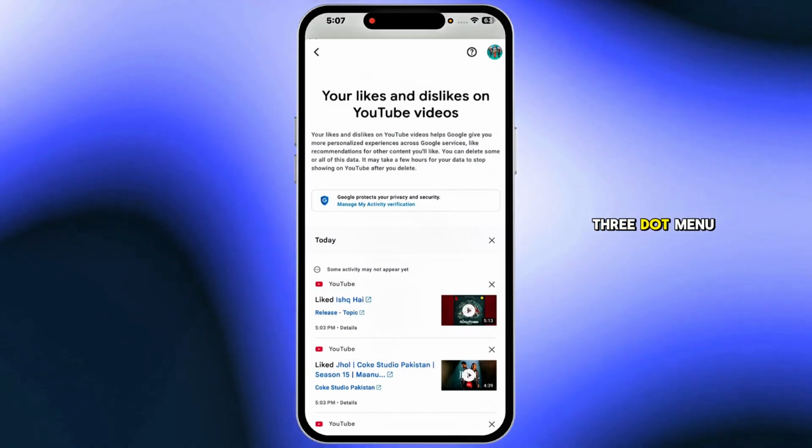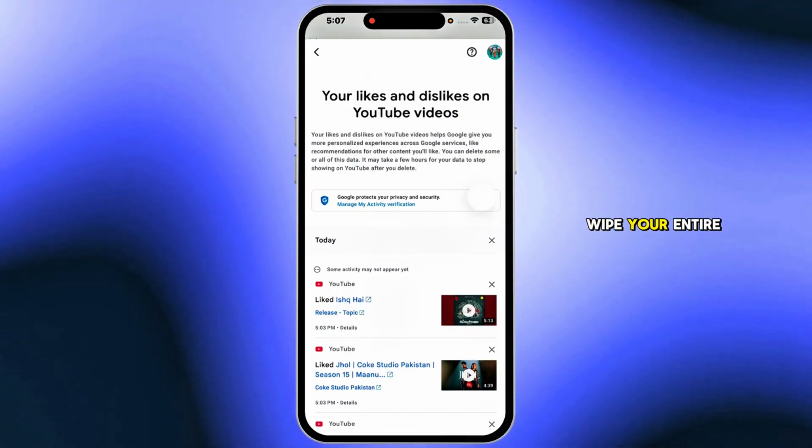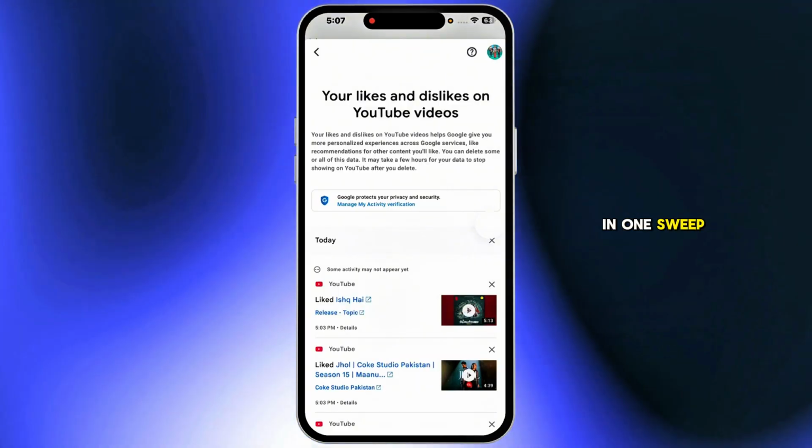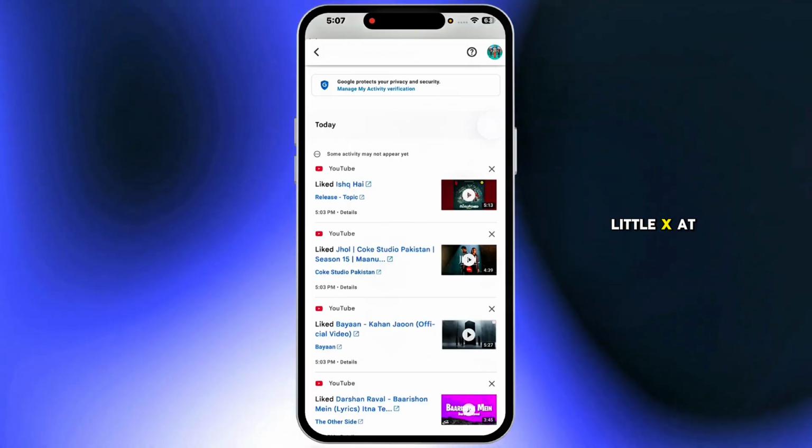Now tap the three-dot menu in the top right, choose Delete All, and confirm to wipe your entire liked videos history in one sweep. If that three-dot menu isn't available, look for the little X at the top right of